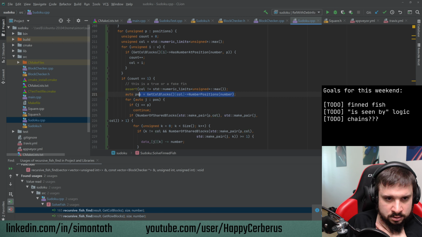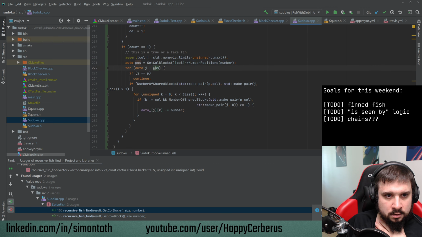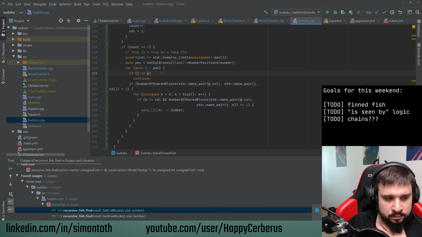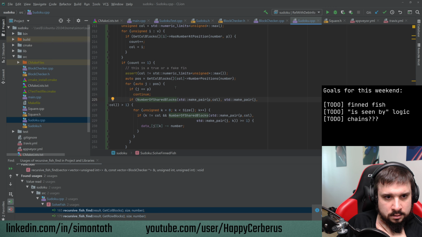We get the positions of the number from that column. Then with those positions, we go over those, and if the number of shared blocks between the